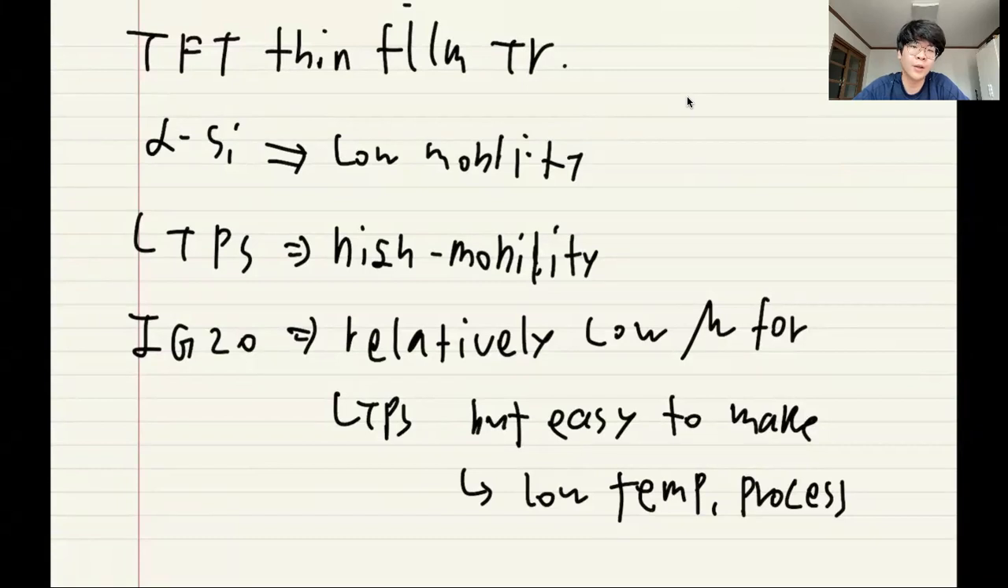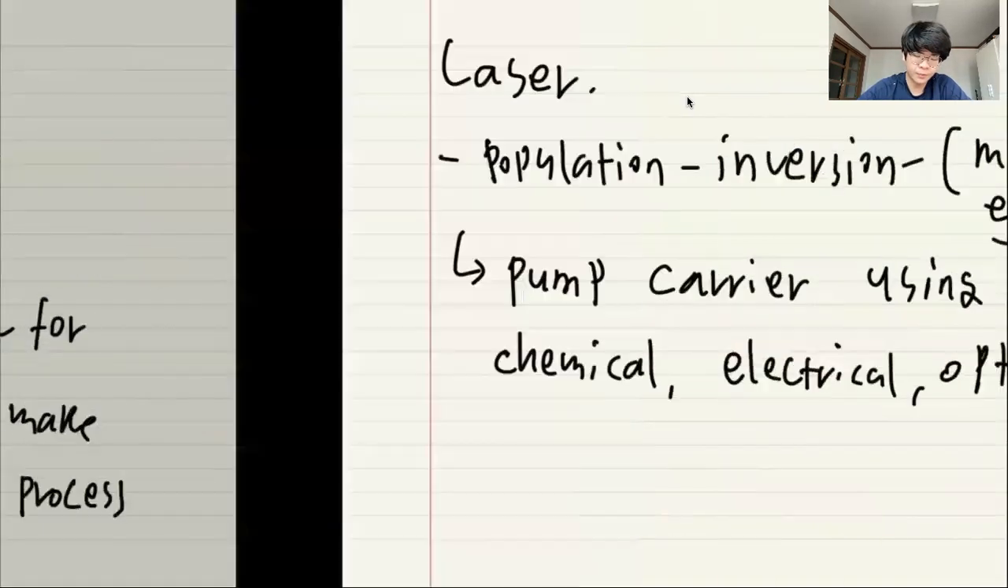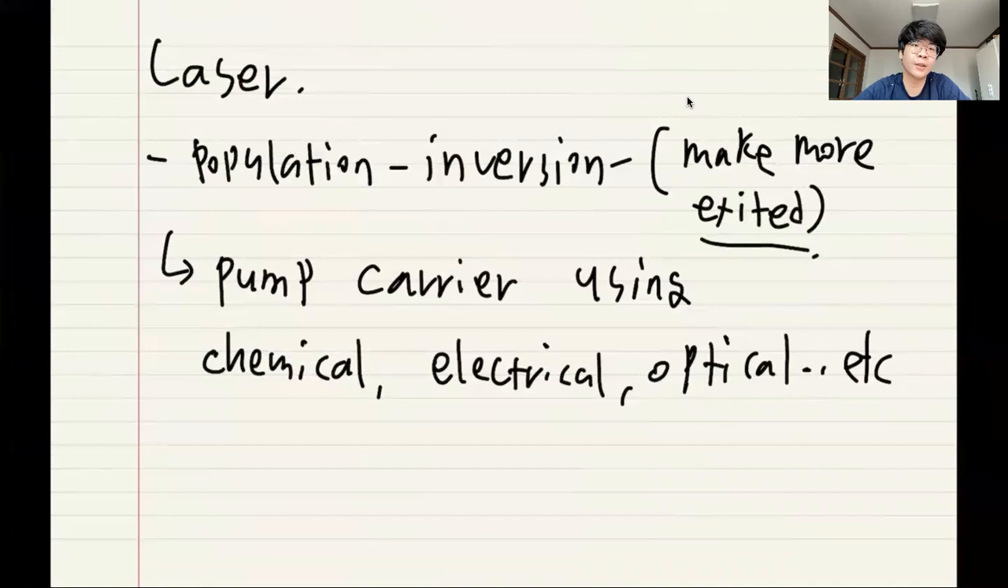And there is LTPS, which has higher mobility, but it needs a high temperature process, so it is hard to make and the yield is not good. So after that, the IGZO was developed, which has relatively low mobility compared to LTPS, but it has a lower temperature process. So, and there is a laser